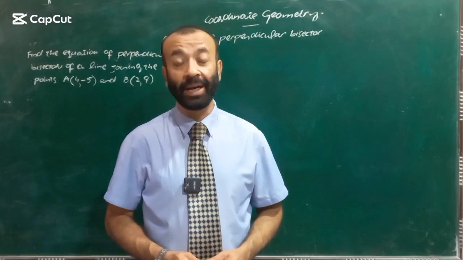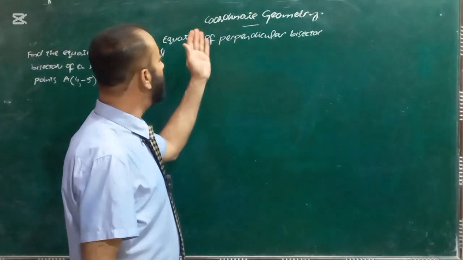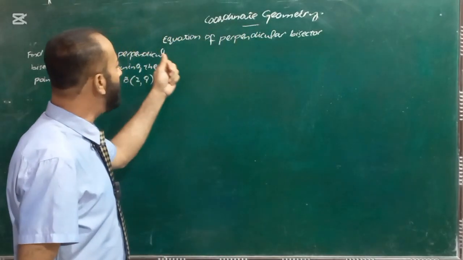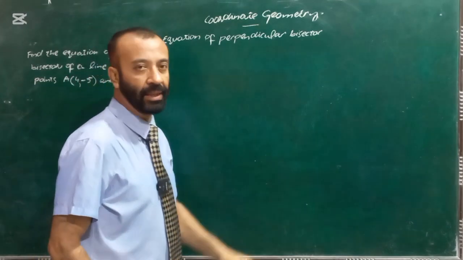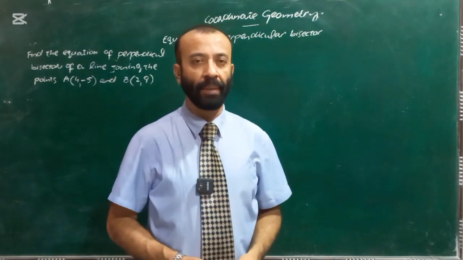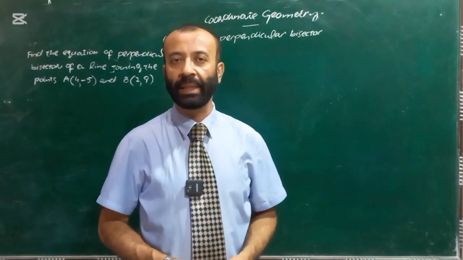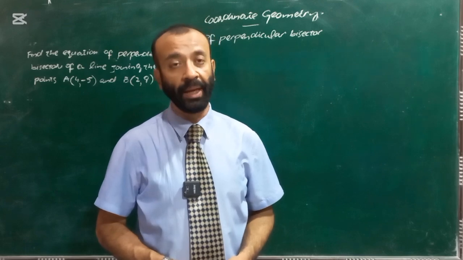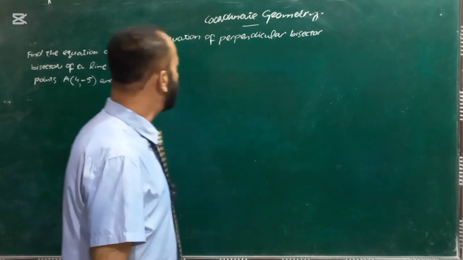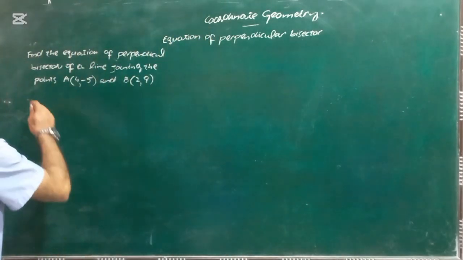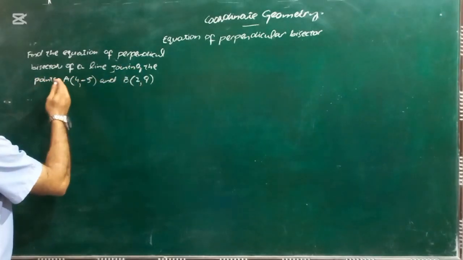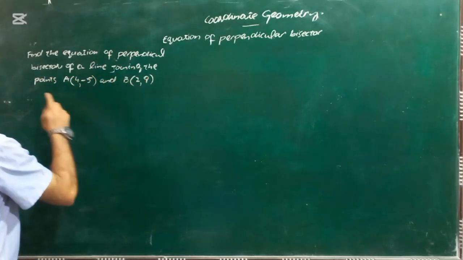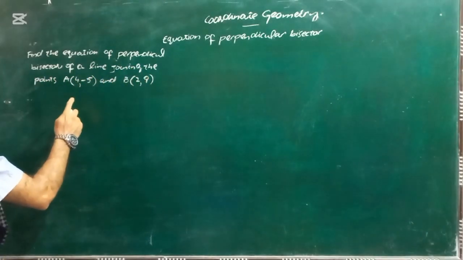Good morning, students. Our today's topic in coordinate geometry is the equation of a perpendicular bisector. This is a topic in the subject Pure Mathematics 1, A levels. So concentrate yourself. The question is: find the equation of the perpendicular bisector of a line joining the points A (4, -5)